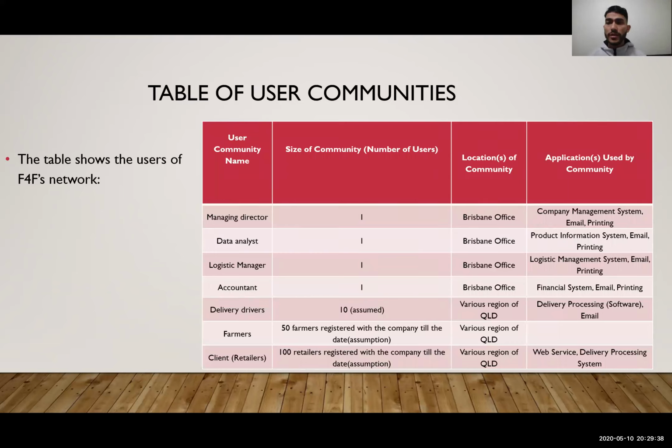Thank you, Khushbu. Now I'd like to continue with a table of user communities for F4F. This presents the users of the F4F networks, and the table presents the size of the users, their location, and the applications they are using on F4F networks. So here we have 7 users